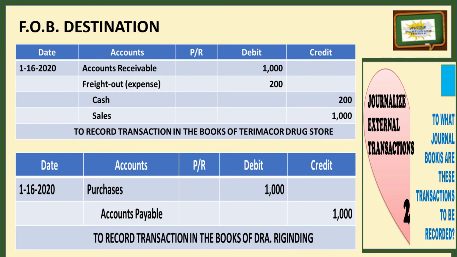FOB destination. So, from the point of view of the seller, meron kang accounts receivable, this time meron kang freight out. Meron kang expense kasi ikaw nagbayad. And then the deduction to cash, and then the recognition of sales. Doon kay Dr. Ginding, walang epekto kasi hindi naman siya nagbayad. Wala siyang additional expense because the term is FOB destination. The expense will be for the transportation will be for the account of the